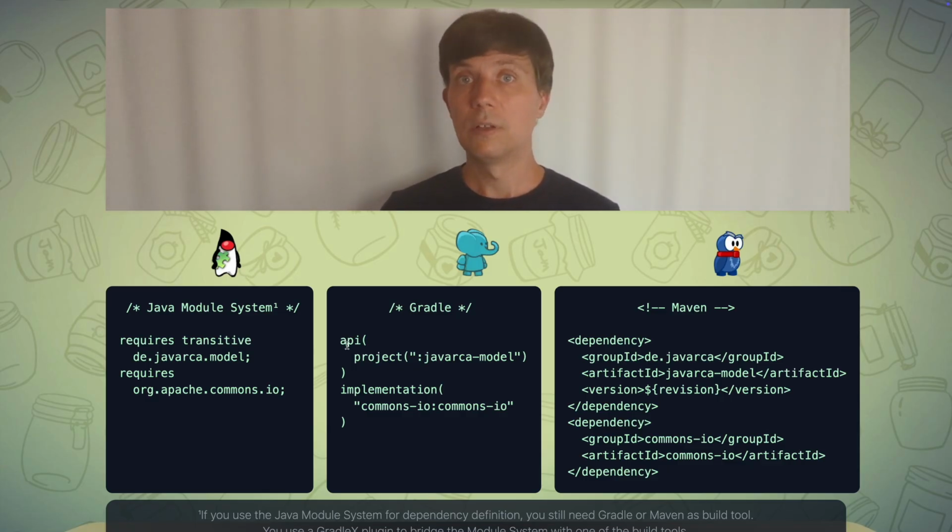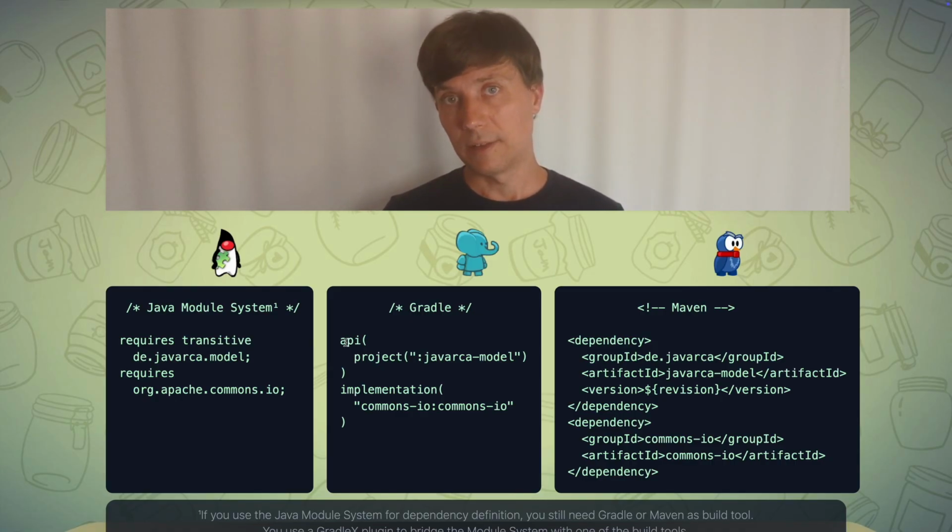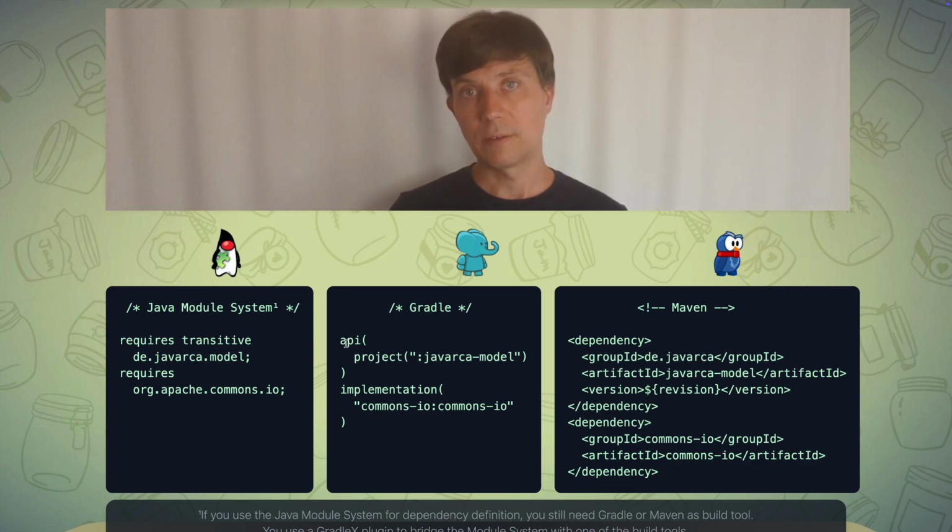It allows you to do a cleaner separation of dependency definitions because they are written in Java itself, in a standard Java syntax. It doesn't even matter which build system you're using under the hood then. And also, if you can't do that, look at your Gradle or Maven setups and check if you can separate out dependency definitions from other aspects of your setup. We will look at approaches for doing that in the next episodes, starting with how to define the versions of third-party dependencies in a dedicated place.